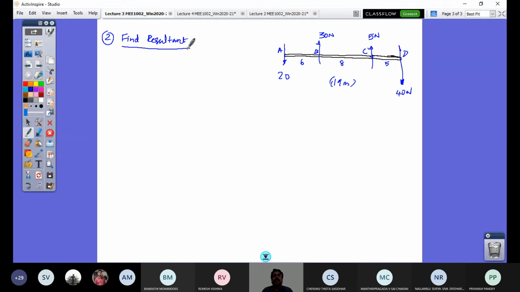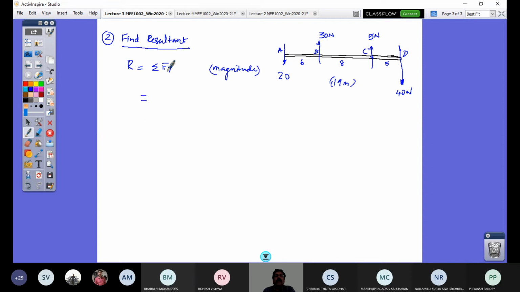So it's very simple. So how do you find out the resultant? So here the forces all are parallel and vertical. There is no horizontal force acting on this member. So your resultant R is simply sigma Fy. So here resultant R, simply sigma Fy, gives you only what? Magnitude. Of course, the direction, you know, the magnitude, whether positive value or negative value, accordingly you would decide the direction.